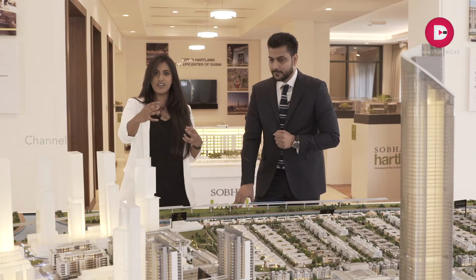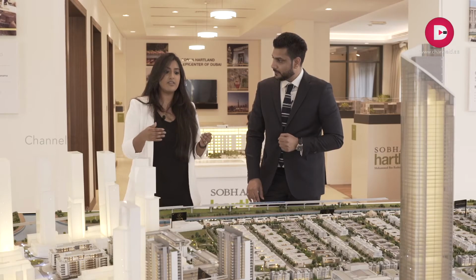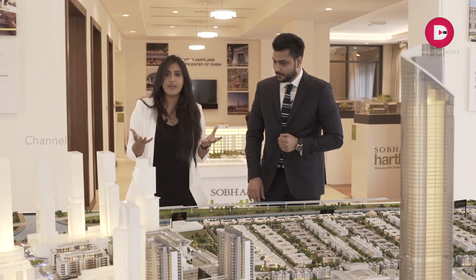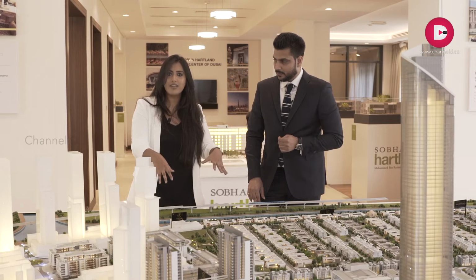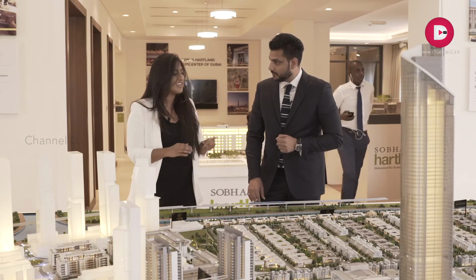And I think that's very interesting, because when you live near Burj Khalifa, it's kind of like a very upscale kind of place, right? But then the plus point is, if you look here, there are a lot of greeneries. You are exposed to a lot of lush green environment, and when you're seeing the mock-up model itself, it looks very green, like a lot of green spaces are there in that area. So which exactly is the place that...